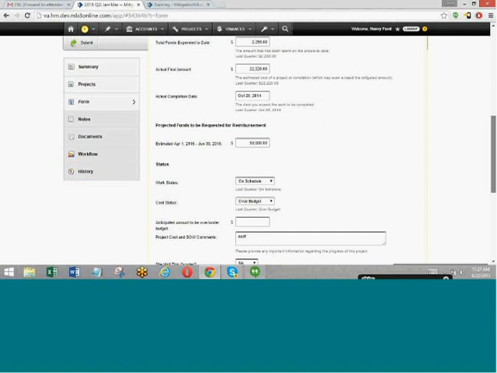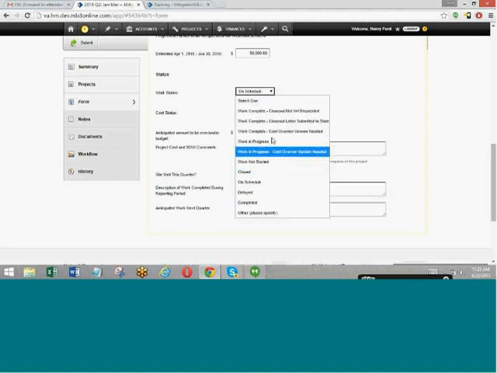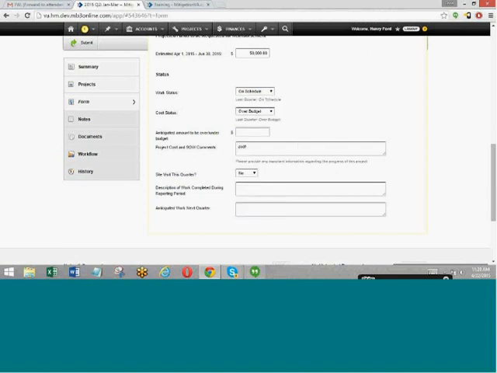Work status at this point, you can say whether the work is complete, on schedule, started, not yet started, etc. Cost status, whether it's over budget, under budget, or on budget, etc. If you selected, for example, over budget, it will ask you what amount you're over, some additional project costs, and comments that you can add.